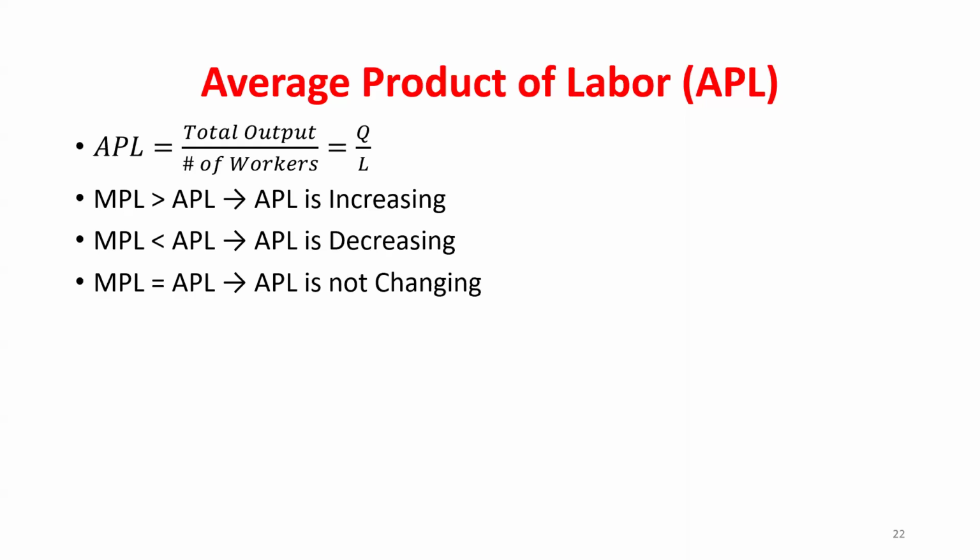This is how we know if the marginal product is above the average, it must be pulling the average up, or that my average product of labor is increasing. If the marginal product is ever below the old average, my new average product must be going down or decreasing. So we're going to have a very similar concept next class when we talk about marginal and average costs. Okay.